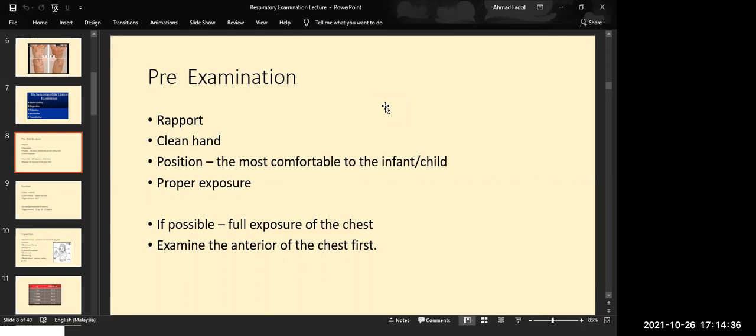They sense something is not right and they are not going to become cooperative. And as usual, please clean your hands properly and wash your hands or use the hand scrub with proper techniques. Very important, so you are clean yourself, you don't transmit anything to your patient. And the position, the key position for examination of the chest, is the most important: the more comfortable to the infant